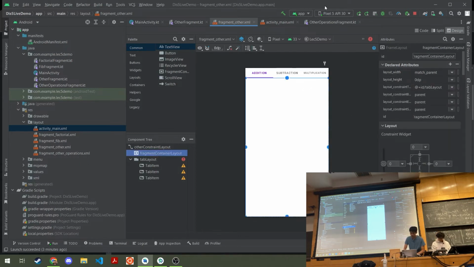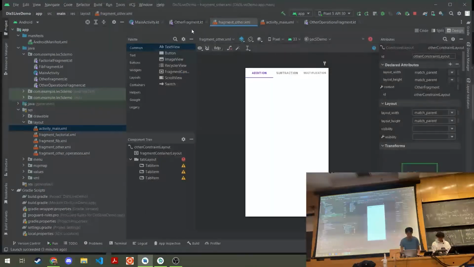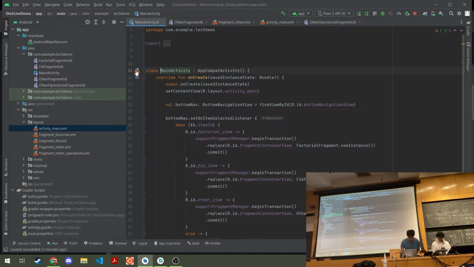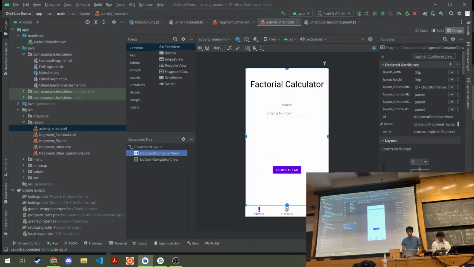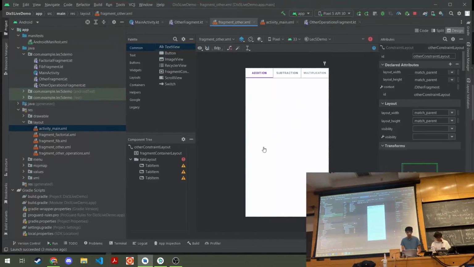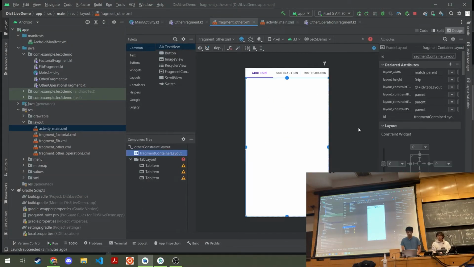And inside your other fragment, this is basically the entire screen here. This is actually a fragment that contains a fragment, if you will. The other fragment is itself a fragment that is in main activity. If I can pull up that XML. So this is a fragment container, and if I were to click on the other screen, it would contain the other fragment, which itself contains a fragment. And this fragment right now